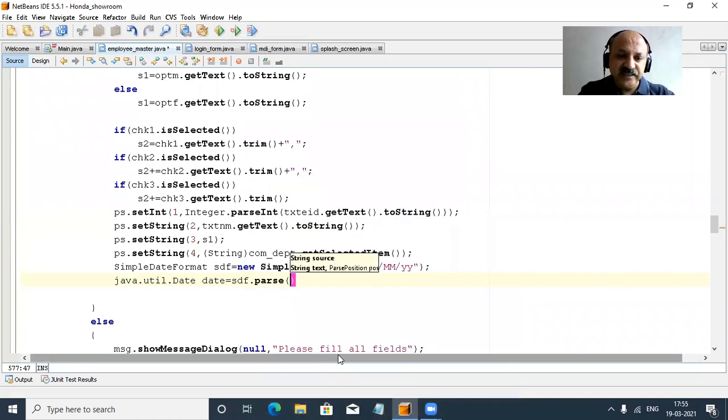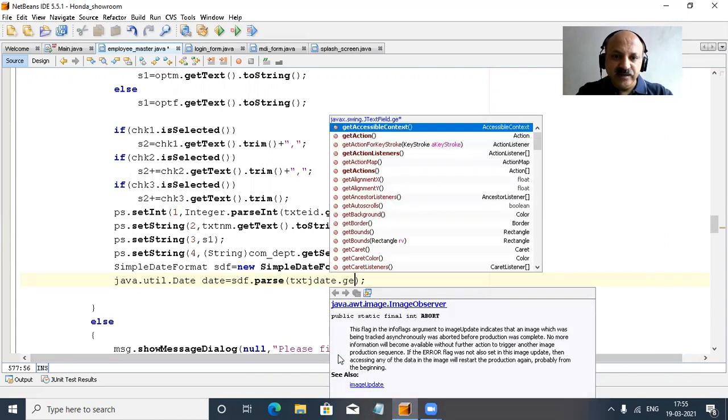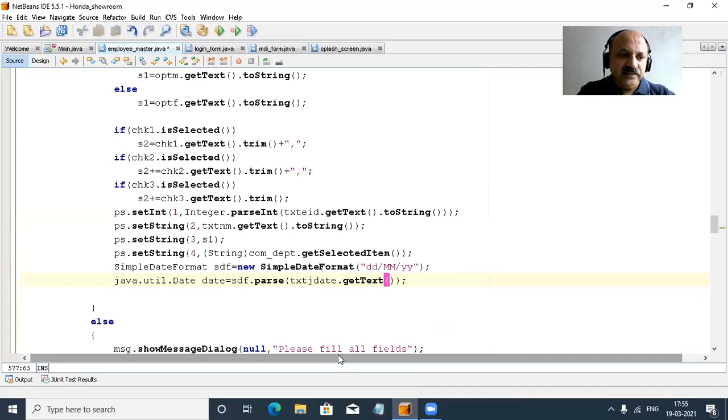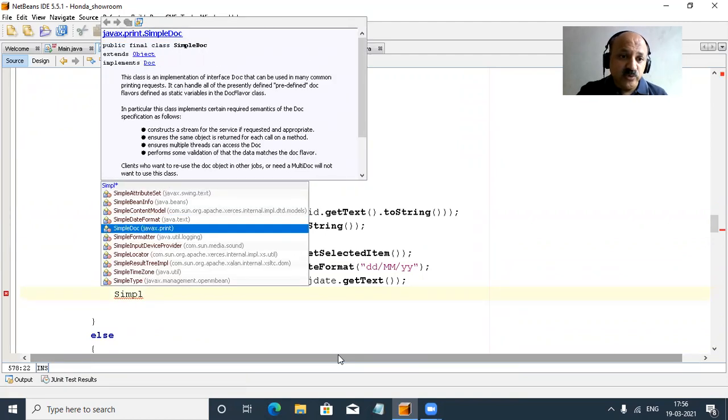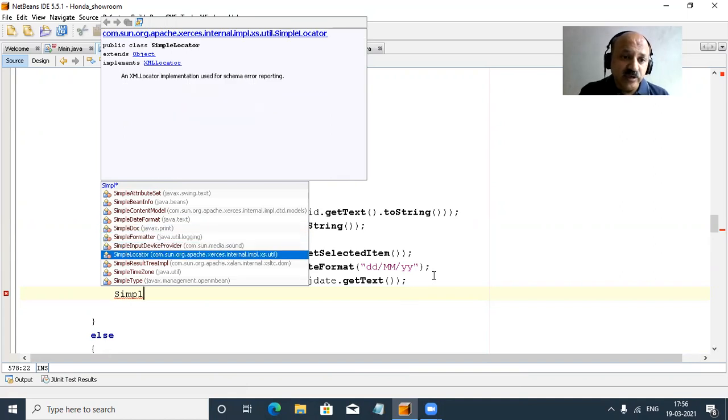So our text is provided by this, here txt j, that is the joining date. So jdate, I think. So let us take jdate, and we can take getText. Yes, so that is perfect. Now what to do? So again we can use SimpleDateFormat. So again, let us do simple, so we can convert again. So access supports the dd mm yy, that is our date, and then we can insert. We can again change to our date format.